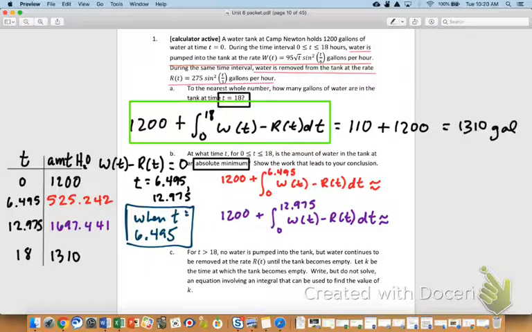Write, but do not solve an equation. That's the really key phrase there. Don't try to solve it. You're wasting your time and energy. This is an AP question, by the way. So write, but do not solve, an equation involving an integral that could be used to find the value of K. Fair enough? I'll give you a few minutes to try to work through that, and we'll look at an answer after. Ready, set, go.